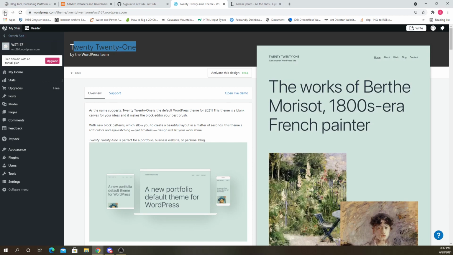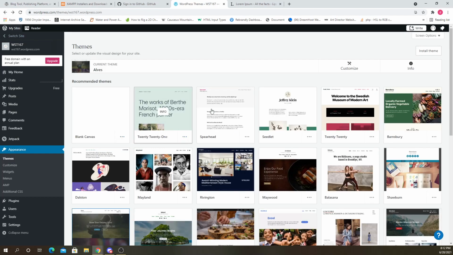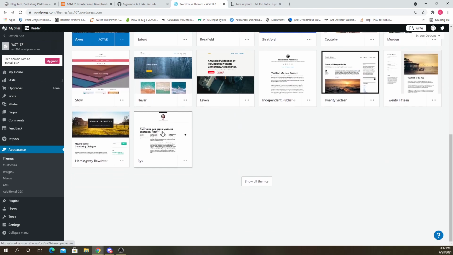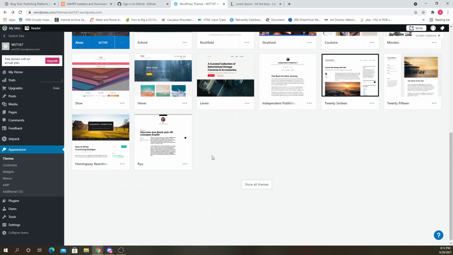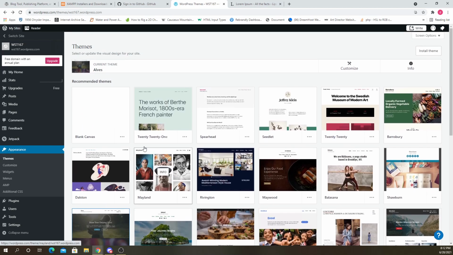They have 2020, 2021, for every year. But a lot of these are just built by random people. So if you wanted to be one of those random people building this, then there's a little bit more to learn besides just using the whole interface here. That's when you would actually get into maybe learning a bit about JavaScript and PHP if you wanted to build your own theme. Okay. But anyways,